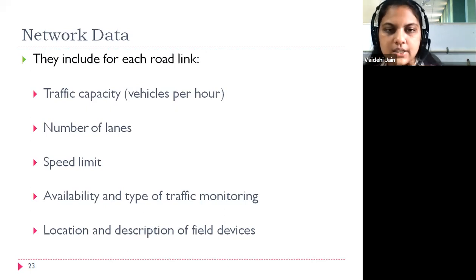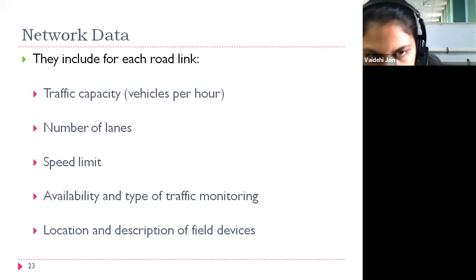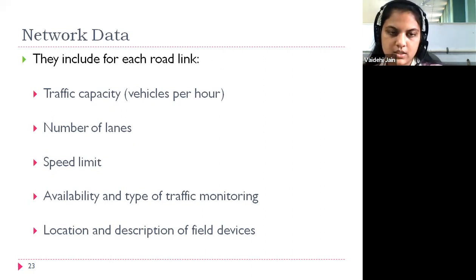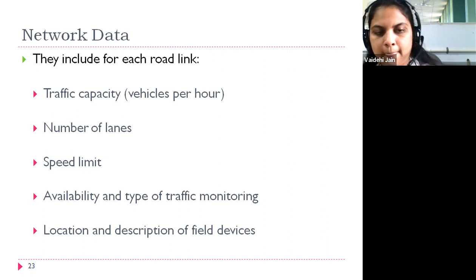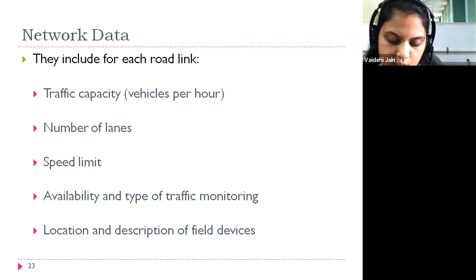Now, for the network data, which type of data is required? First is the traffic capacity. Again, we are selecting one route. If for that one route we want to provide some ITS technology, what comes to our mind? What type of data is required? The first one is traffic capacity. Whatever the route, section or stretch is,